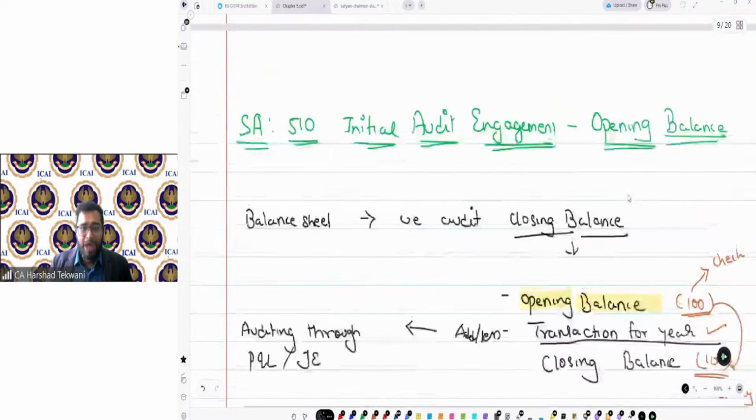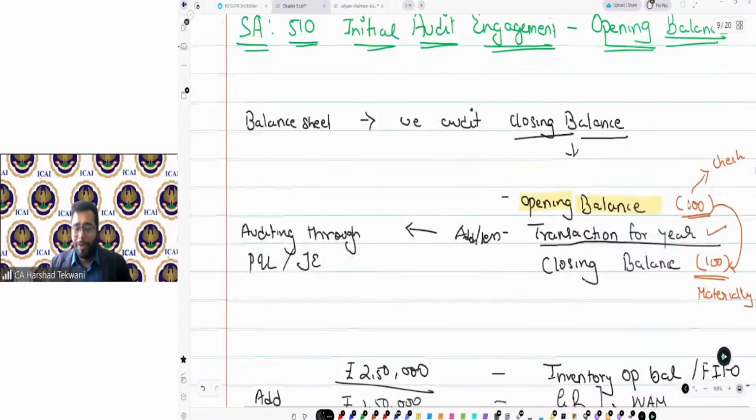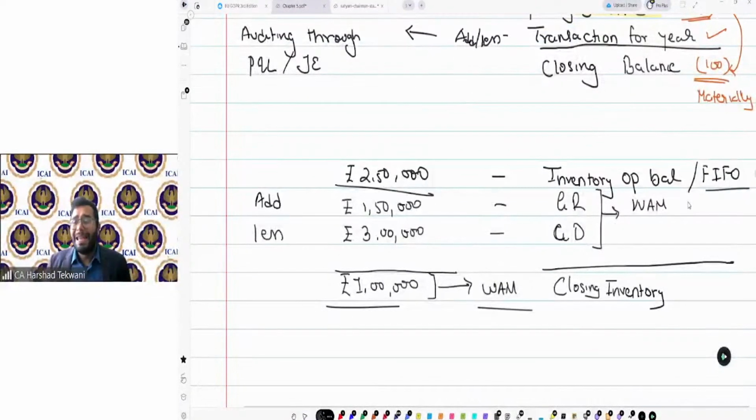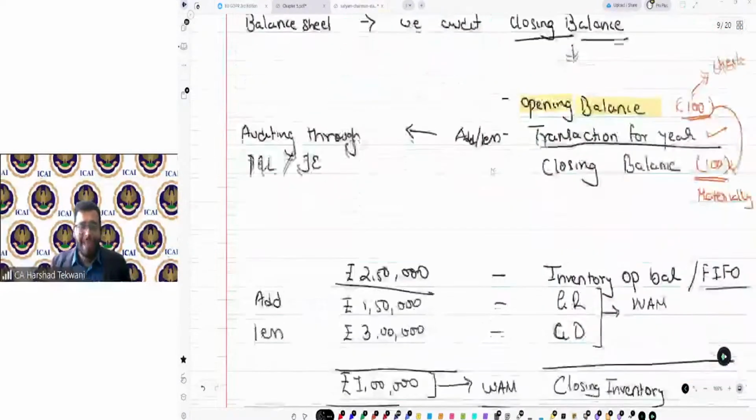So I need to check not only the misstatement in the opening balances, but how the balances were derived. The accounting policies behind the opening balances derived last year, whether they are the same in the current year or not. So these are the two areas I need to check.